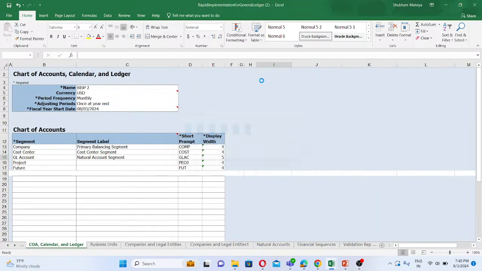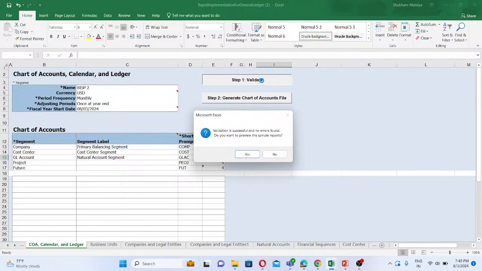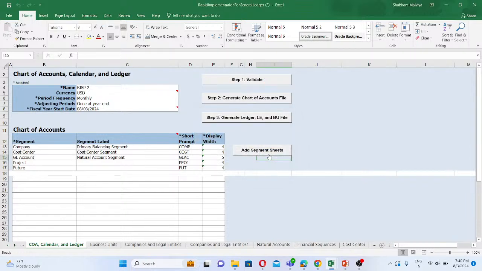Now it will validate. So validation is successful and no errors found. Do you want to preview the sample report? No, we don't want to preview the sample report. We only want to check our data. Now after project, we haven't finished the step. Okay, so we will go to